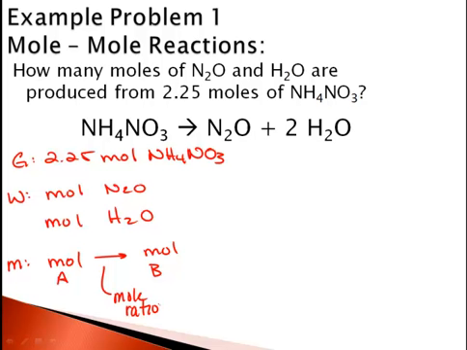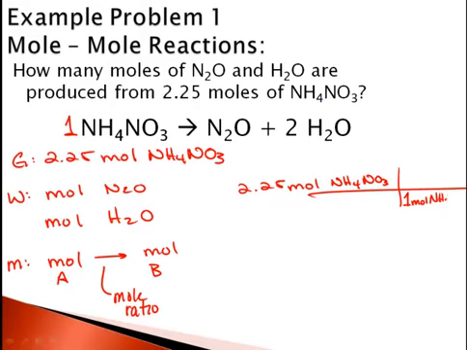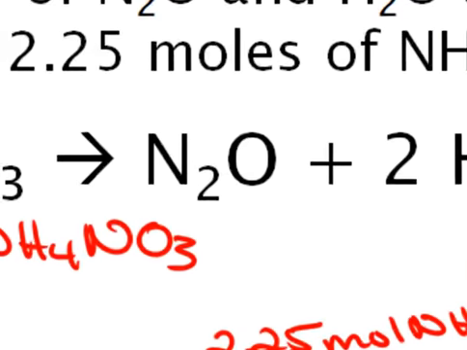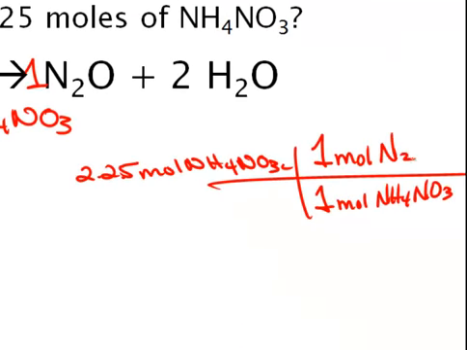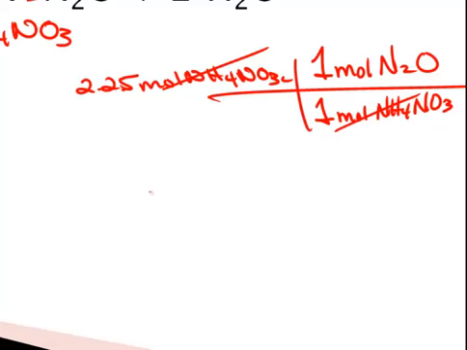So first, we'll take our 2.25 moles of NH4NO3, and from our balanced equation, we see that there's 1 mole of NH4NO3, and our first want, the N2O, there's 1 mole of N2O. So moles of NH4NO3 cancel out. We're left with moles of N2O. So 2.25 times 1 divided by 1 is